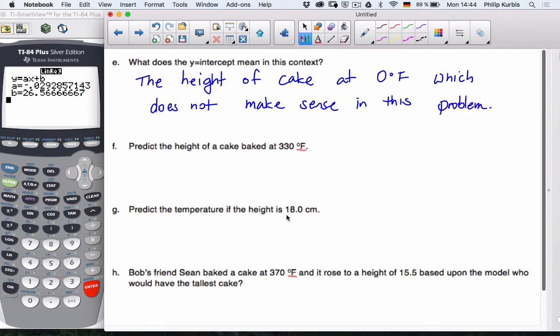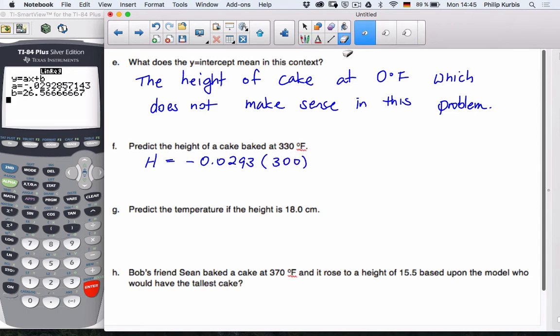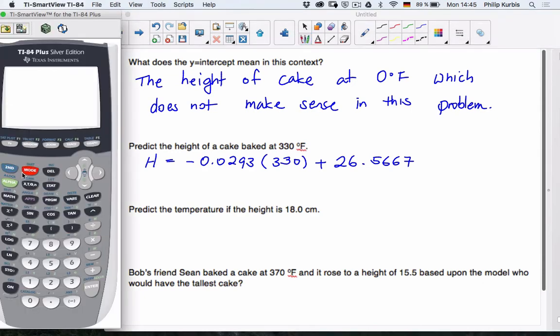However, this does start to make sense because we're going to predict the height when it's baked at 330, and 330 is within our range of acceptable values. Because we've stored the regression equation, we can put our method point here. Height equals negative 0.0293, now we can replace the t with the temperature of 330 and work it out. Perfect. And the calculator's got it stored, so we can go to the y equals menu